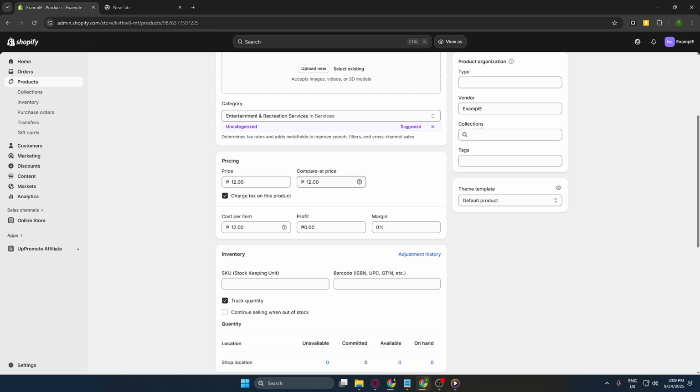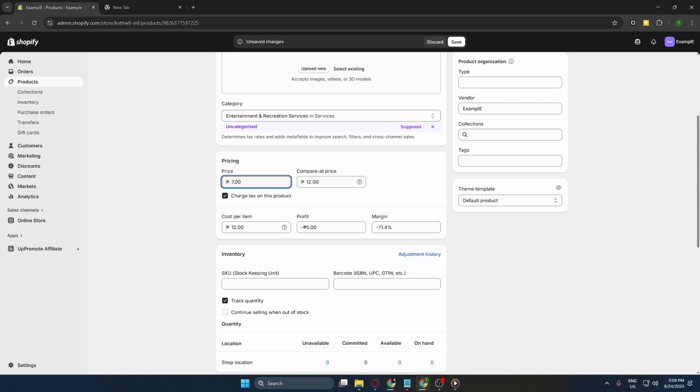If you're offering a discount or want to show that a product is on sale, use the compare at price field to enter the original price. This is an effective way to highlight discounts and drive sales, showing customers how much they're saving off the original price. Once you've made the necessary updates, don't forget to click the Save button located in the upper right corner